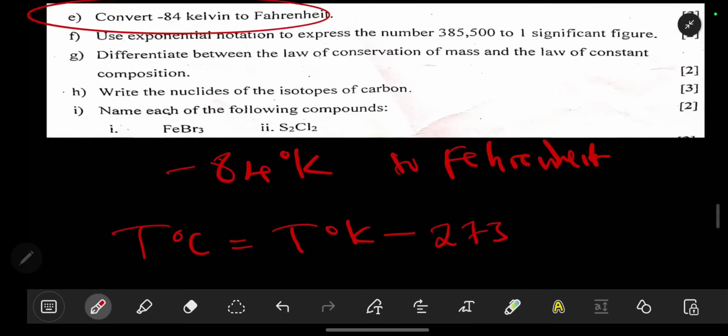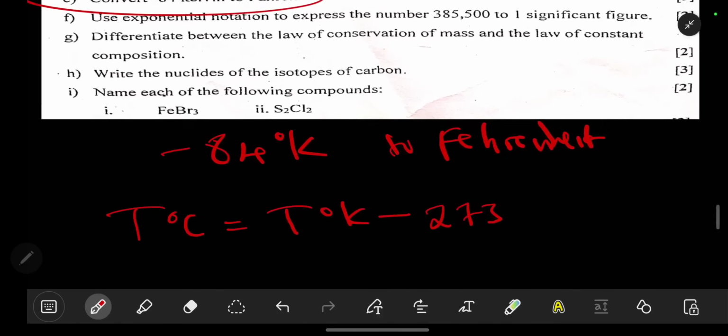So we have 273, like that. Each and every time you're moving from kelvins to degrees, you have to subtract. Just think of it as the letters K and C. For you to move from K to C, you have to subtract, because that's how the alphabet is. So with that said, we are going to have something like,